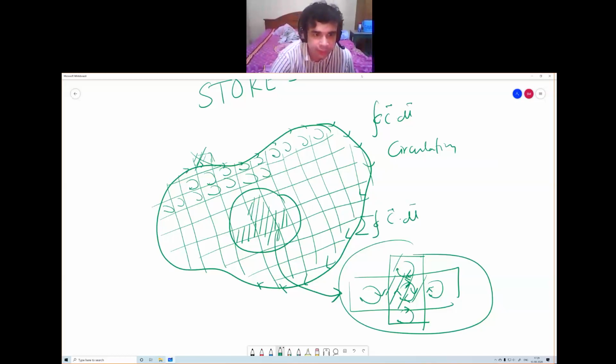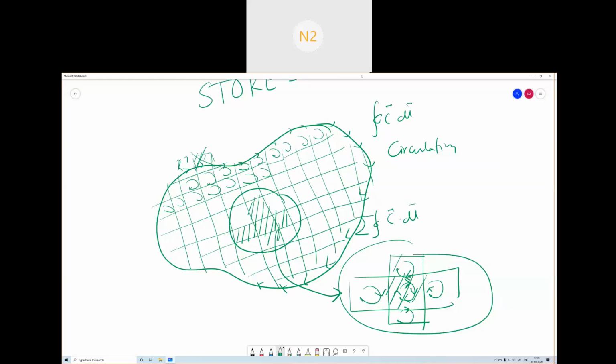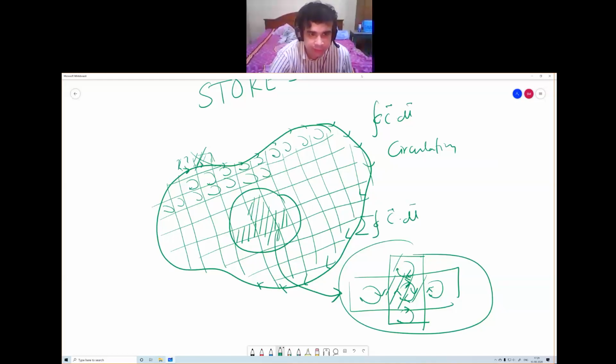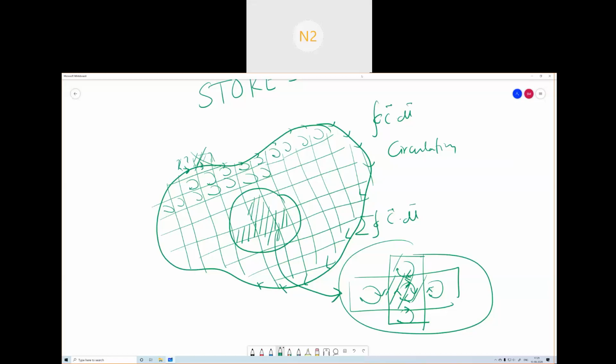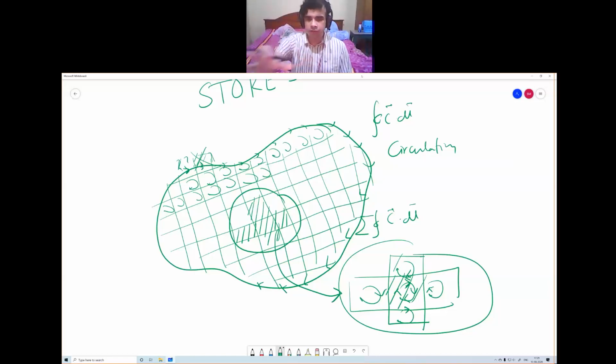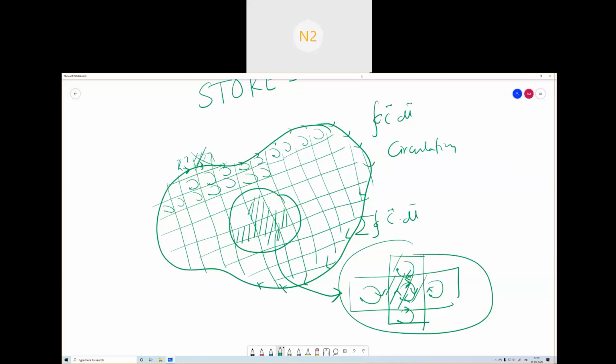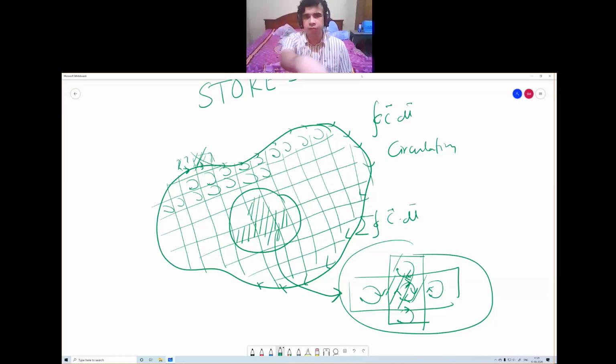Here there are no squares to cancel out. Is it okay? So this will remain only in the edges. So the overall sum of all the circulations is simply the C dot dl along the edge. The sum of all the circulations of the small squares is simply the circulation of the surface boundary.